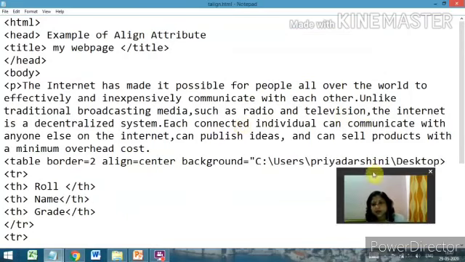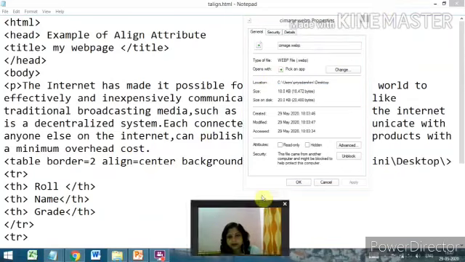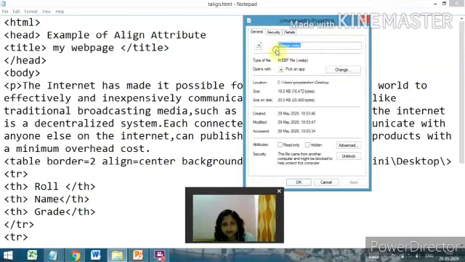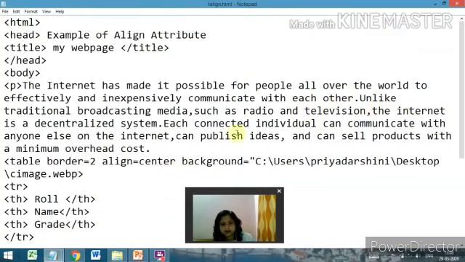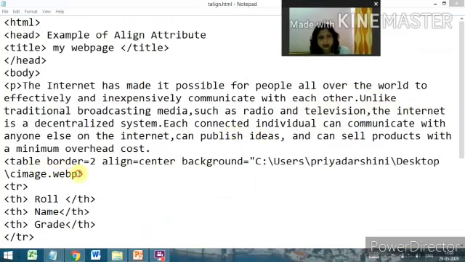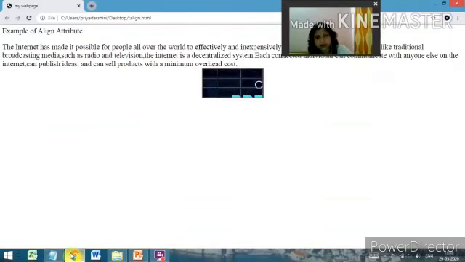So we have brought the location of the file, but not the whole file. So put a slash again and then bring the name of the file. So where is the name? Suppose this is your name. You also copy it. Then come back to our notepad and paste it. See, all of you, I have brought the picture: this is your location and this is your picture name. So now save it and see how it is working.